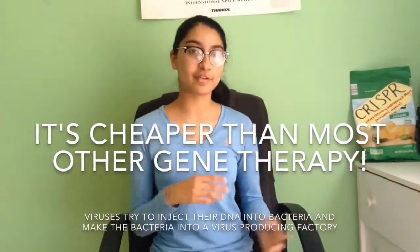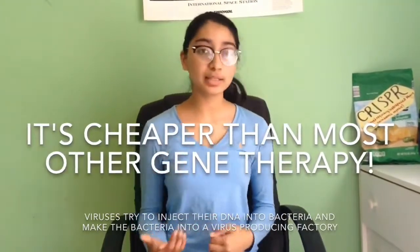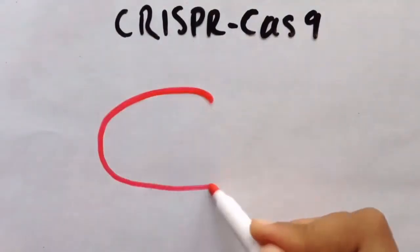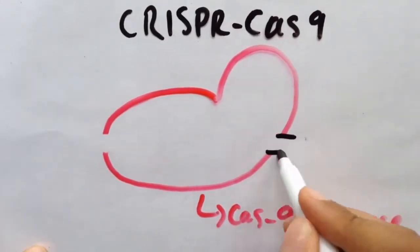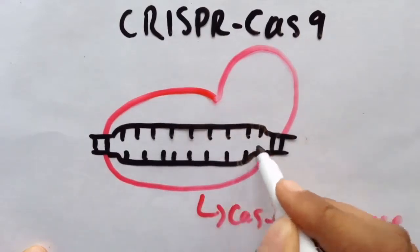So CRISPR is part of a bacterial immune response that could cut up viral DNA. It can be applied to edit genomes at a specific locus. There are three main components of the CRISPR-Cas9 system. First, there's the Cas9 nuclease, which is an enzyme that cuts through both strands of the genomic DNA. Then we have the tracrRNA, which activates or turns on the Cas9 nuclease and connects it to the third